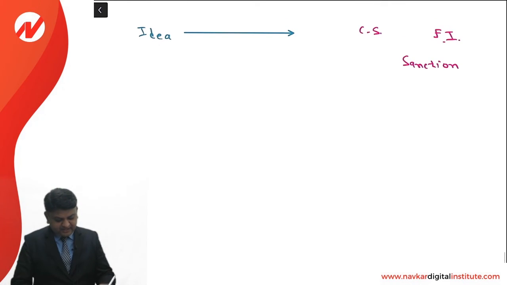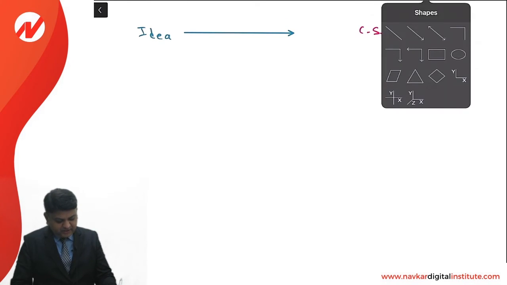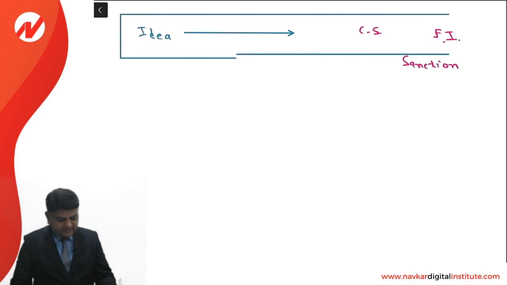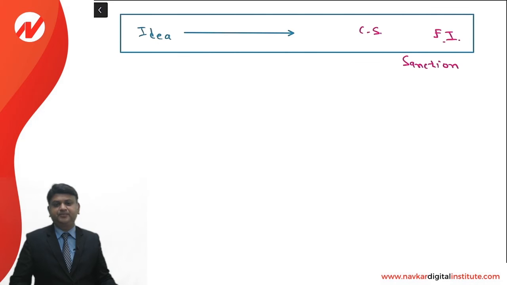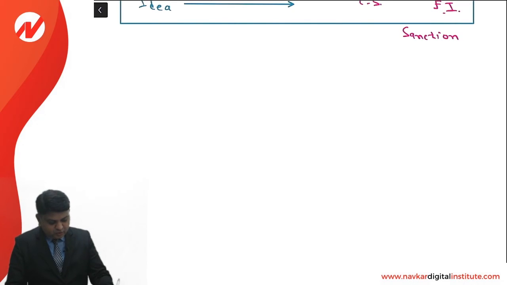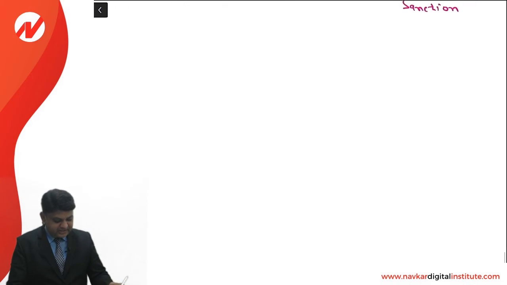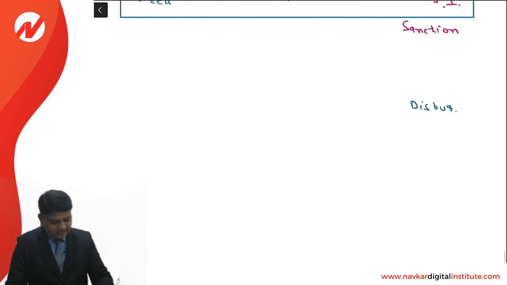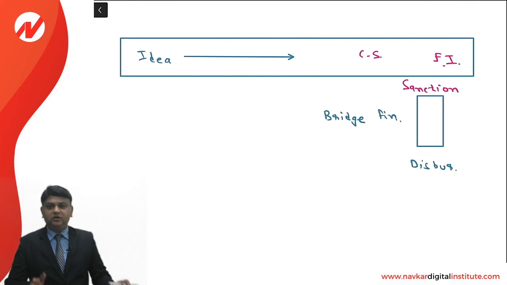So what happens is that the company has already waited for a long period to establish or to start with the project. Now the company thinks that it must launch the project as soon as possible. That is the reason. So to fill up the gap between the sanction and disbursement, you are going to take a loan, and technically this loan is given the name bridge finance. Usually from a commercial bank, you will take the loan in order to bridge up this gap, and that is why it is called bridge finance.